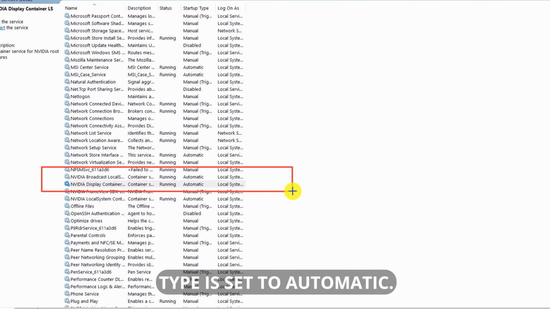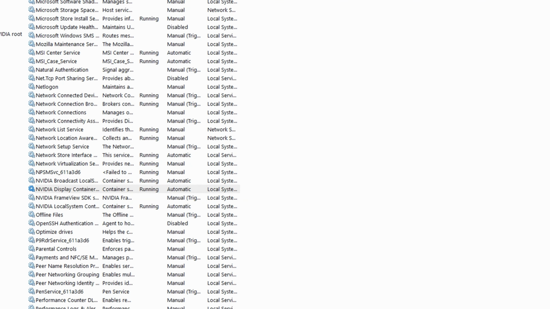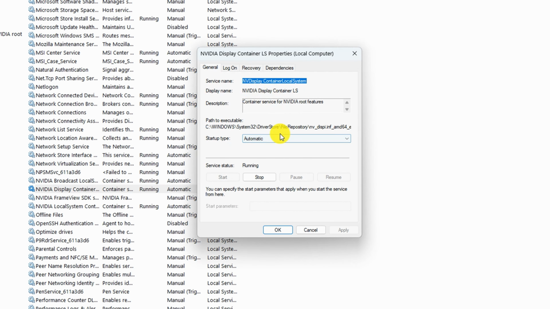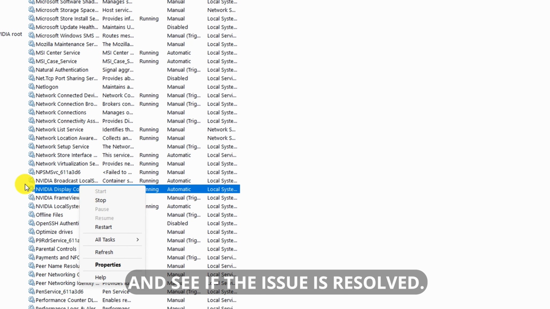Make sure the startup type is set to automatic. Check if the service status is running. If it's stopped, click Start. If the services are already running, you can try right-clicking and selecting Restart. After making sure the services are running and set to automatic, restart your computer and see if the issue is